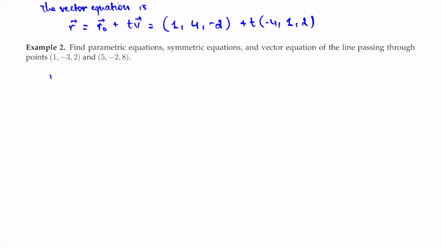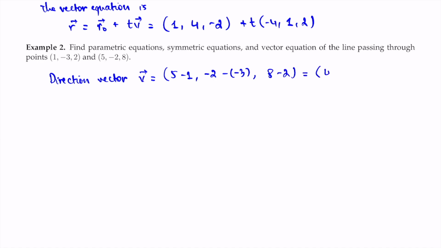So the direction vector v is equal to 5 minus 1, -2 minus -3, 8 minus 2, and the direction vector is (4, 1, 6). From here, you can write down the parametric equations of the line given a point and the direction vector, and the point that I want to use here is (1, -3, 2). So the parametric equations